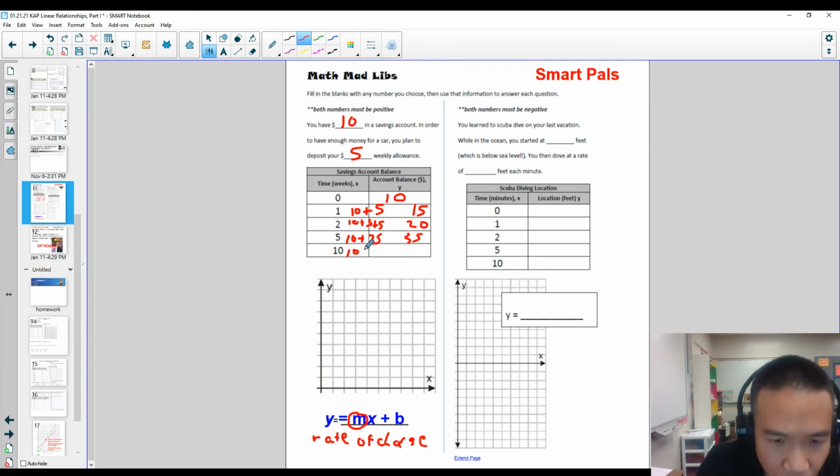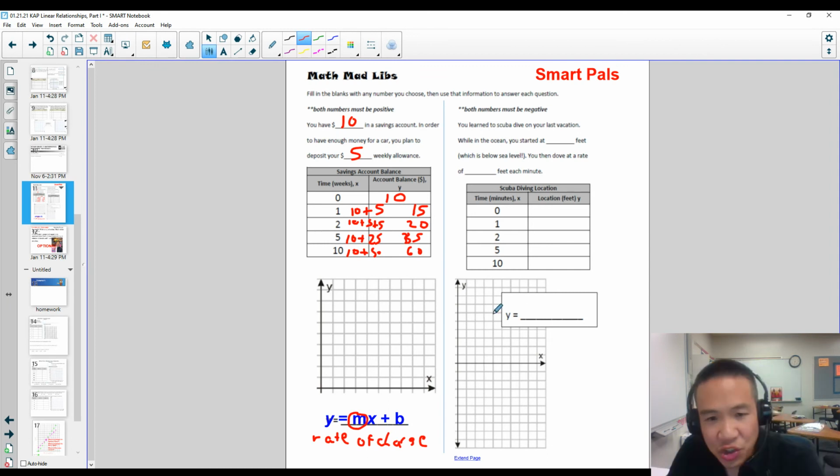And week 10, we started with $10, and then we put in $5 each week for 10 weeks. That's $50. And that is $60. So the question is,